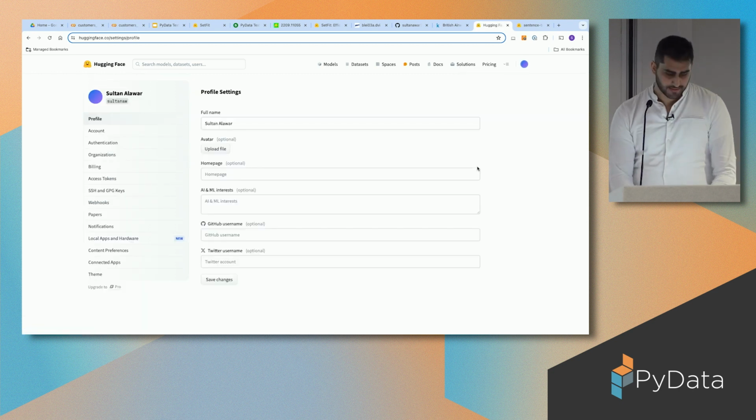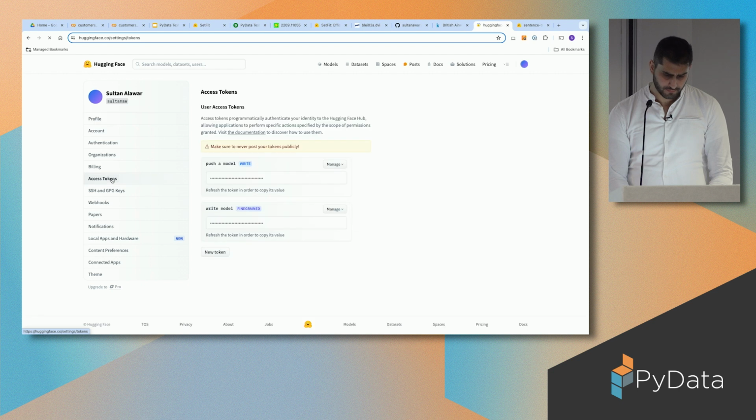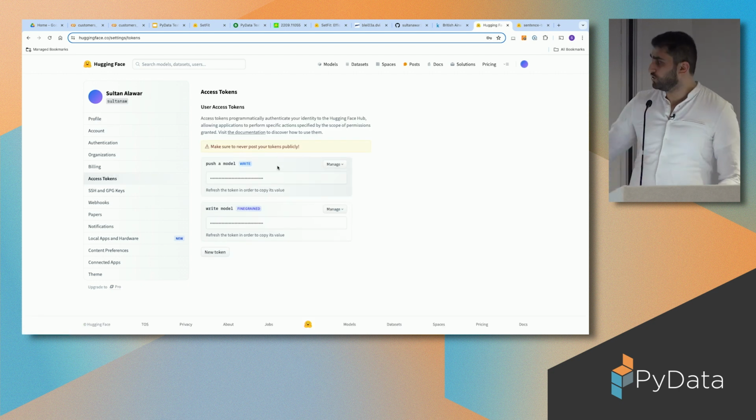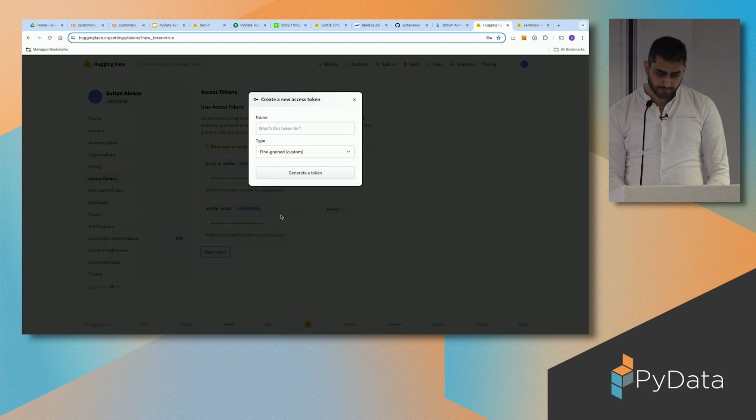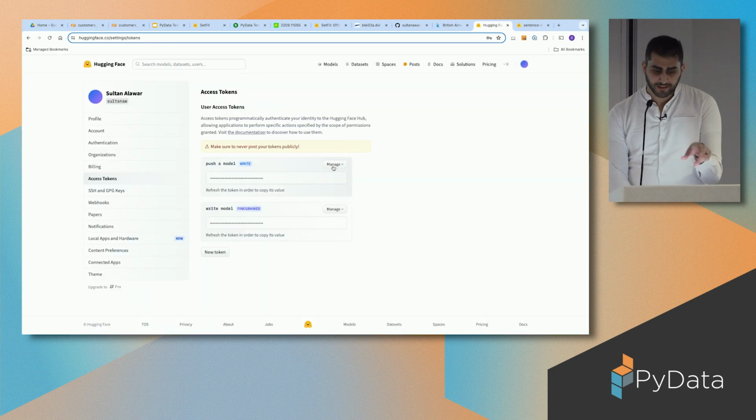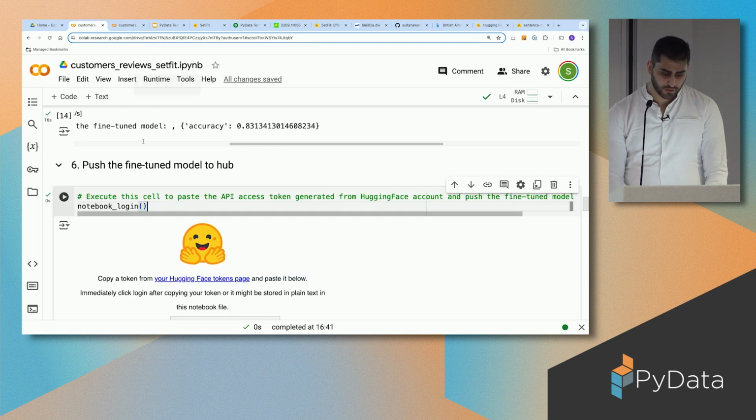And in the settings, you can go to access tokens. And then first of all, you need to generate a token. You just name it, and then you generate the token. And then you copy this token, and then you paste the token in the notebook here